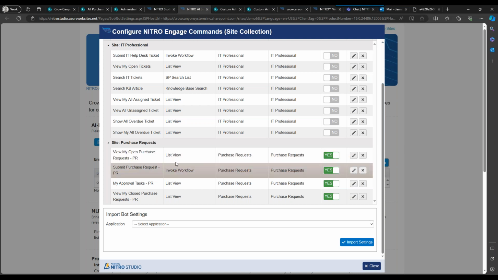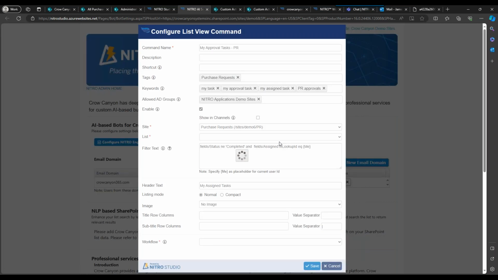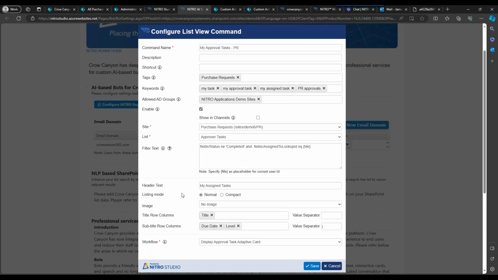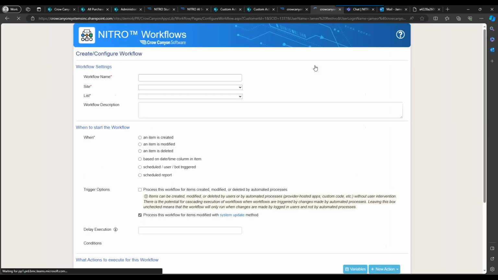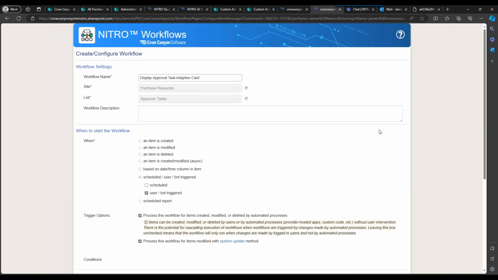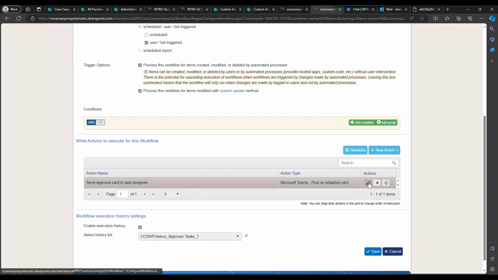So if you have your My Approval tasks, for instance, and you pull it up and click a button on your task, it's going to display the approval task adaptive card. Now, if you come back over here to workflows, we have this display approval task adaptive card, and this is what you're going to see as far as what gets posted. So we have this post an adaptive card action,